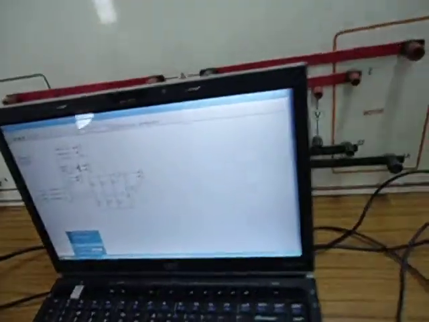Hi, I am Shobha Rani pursuing MTech Power Electronics in Gokaraji Rangaraji Institute of Engineering and Technology. I am here to demonstrate my project. My project is simulation and analysis of shunt active power filter for power quality improvement. The total work is done in MATLAB Simulink.